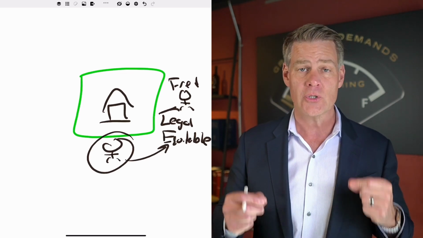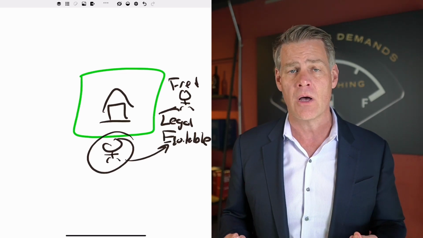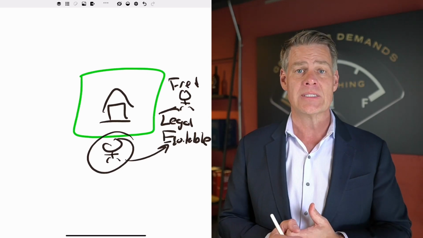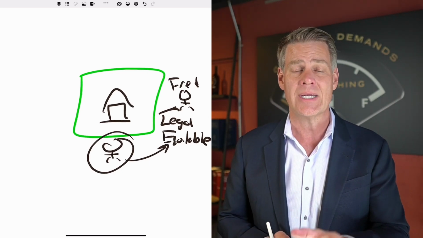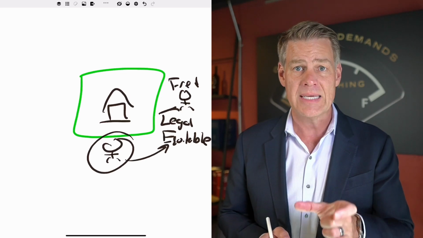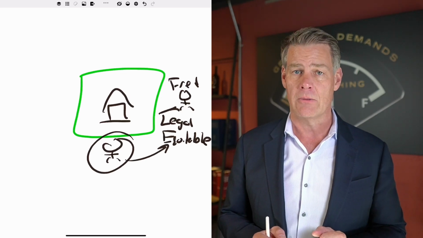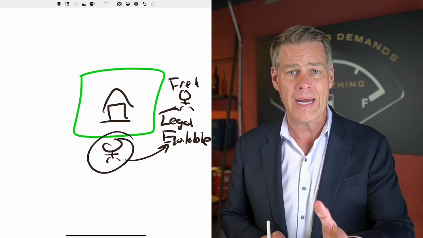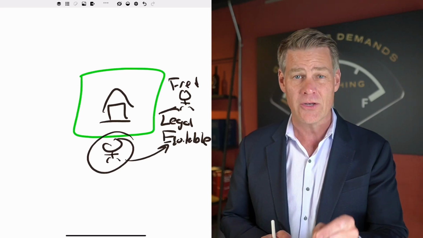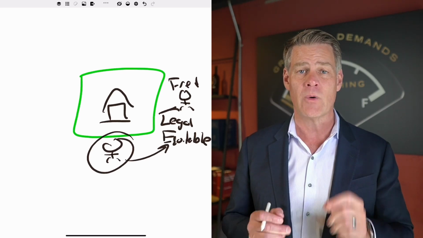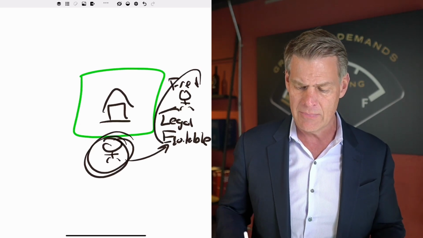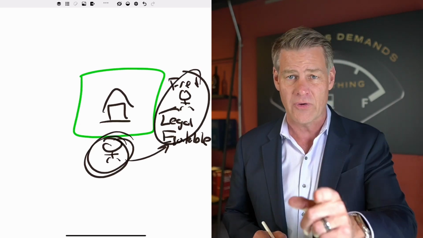Therefore, if you have a personal residence in a land trust and something goes wrong, the creditor's attorney can have a very good argument to state that the homestead exemption is now forfeited because you gave up your equitable title. So if you're using a land trust for investment property, great, but do not use it for your personal residence. You want to set up a trust that's designed to keep equitable title in your name and legal title in Fred's name.